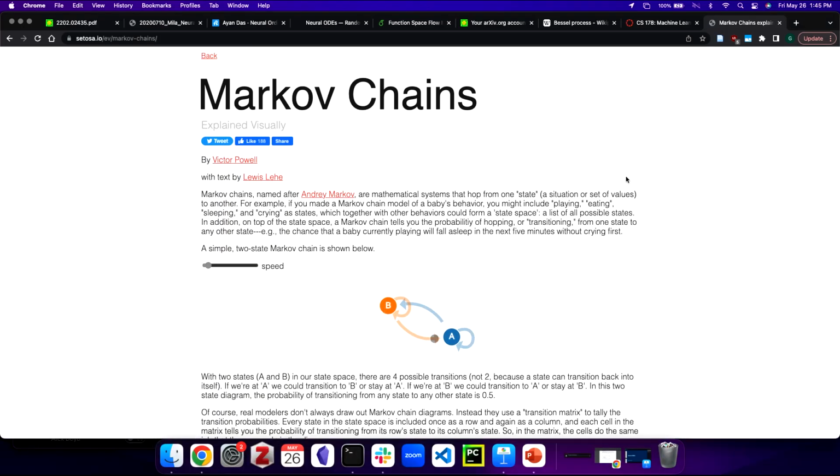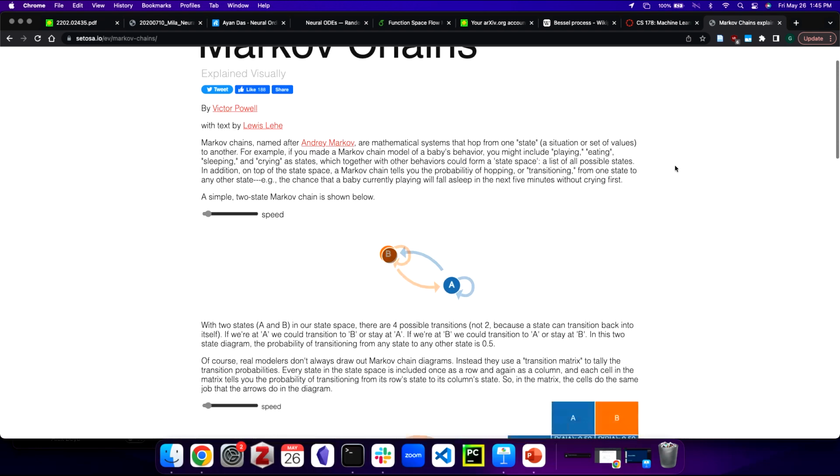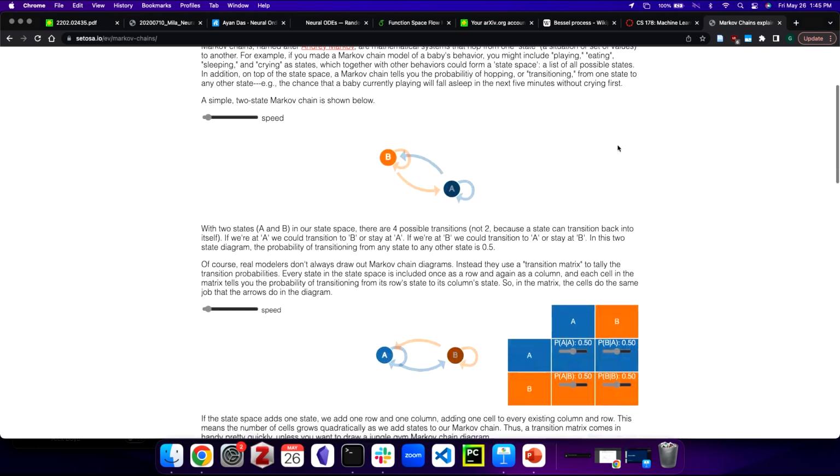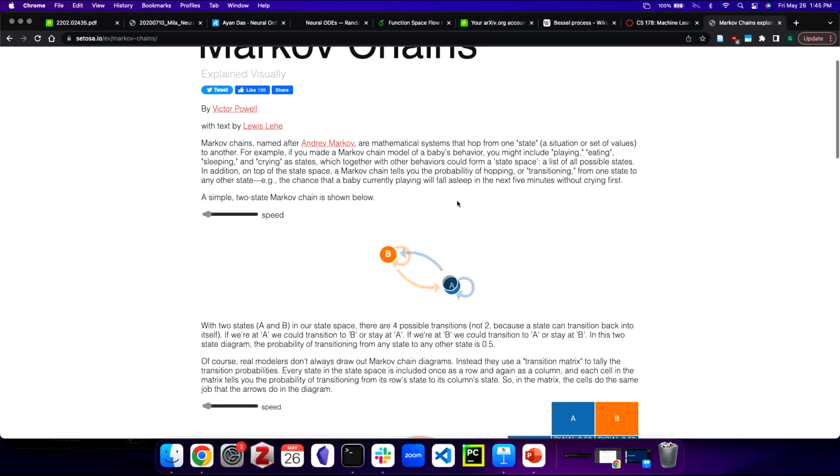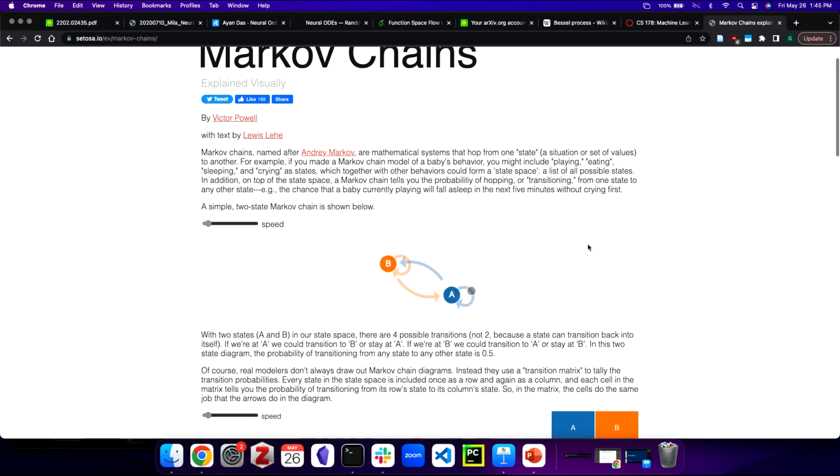Okay, so this is a fun little demo of Markov chains. Here we've got a two-state Markov chain where your states are A and B. At every time step, my agent, or my current state, is represented by this black dot. And you can see that it transitions between these two states, A and B, at every step. Note that there are loops on A to itself and from B to itself, so we can stay in a state for multiple time steps.